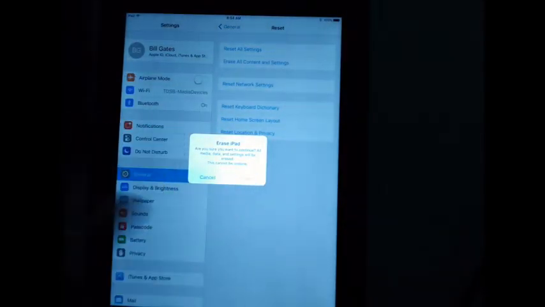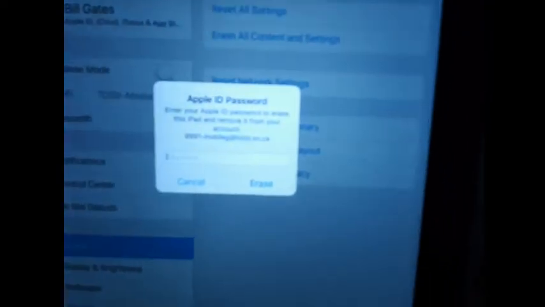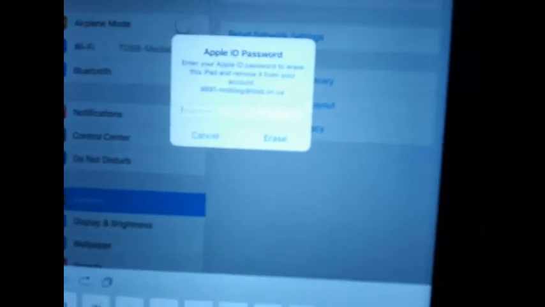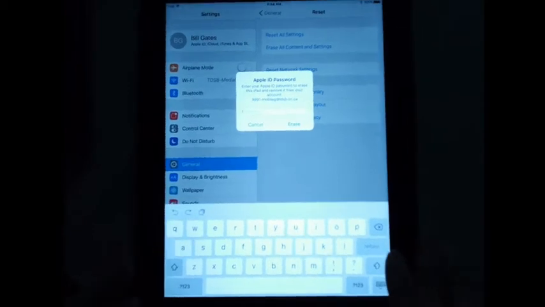And it's going to ask me, are you sure you want to erase it? Sure do. Oh, actually, that's good. So it's prompting me, hey, by the way, you're signed in with an Apple ID. You've got to sign out of this Apple ID before you continue. And this is true, so I should have mentioned that. If you have an Apple ID that's signed in on the iPad, you will want to sign out of that Apple ID prior to wiping it. In fact, it'll ask you to sign out before you wipe it.